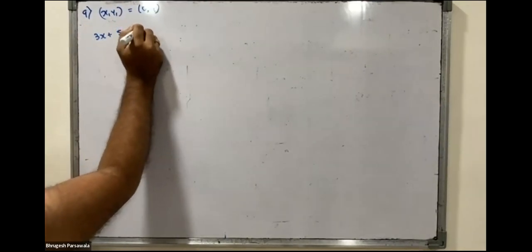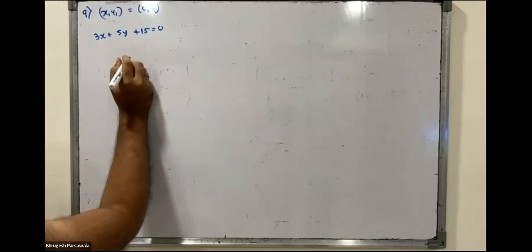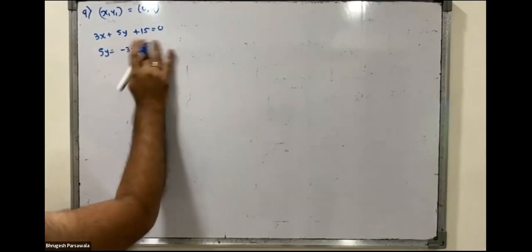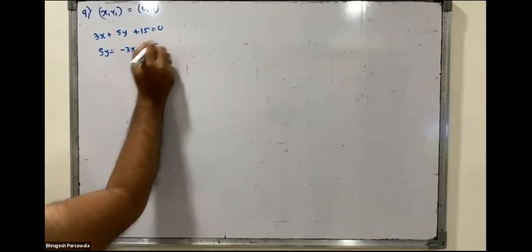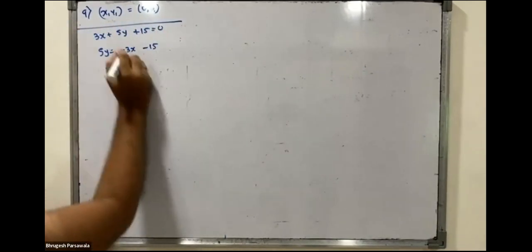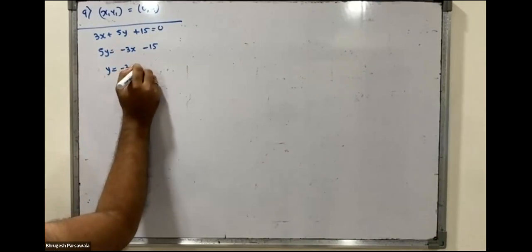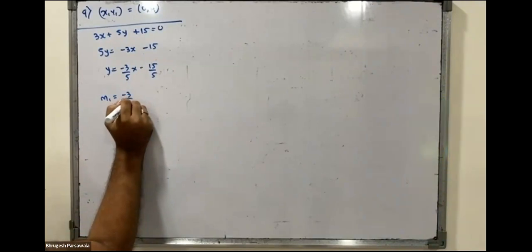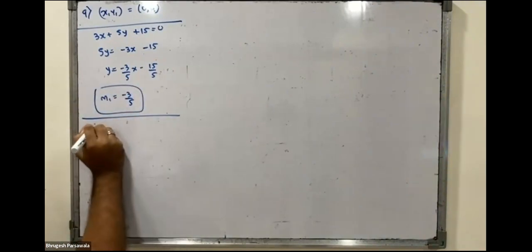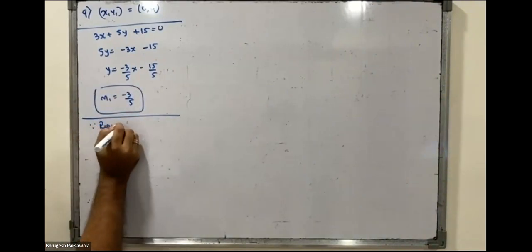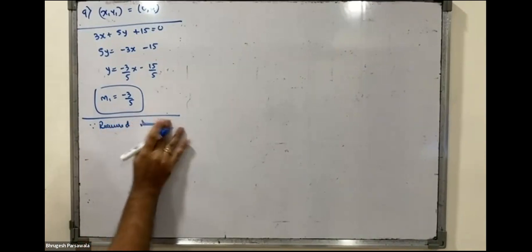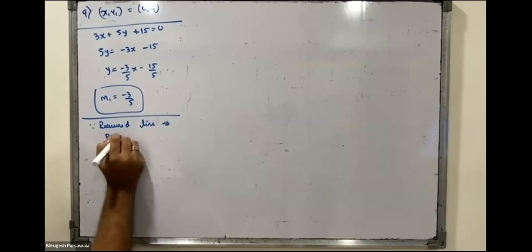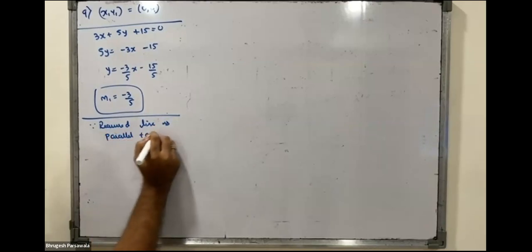Beta, what should come to your mind whenever they say the word parallel? Whenever they use the word parallel, it means the slope has to be the same. Since the required line is parallel to the given line,